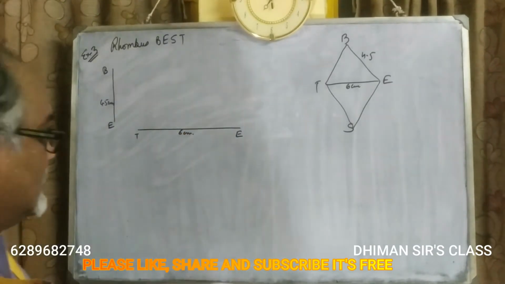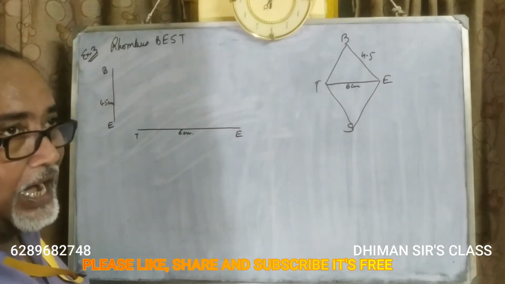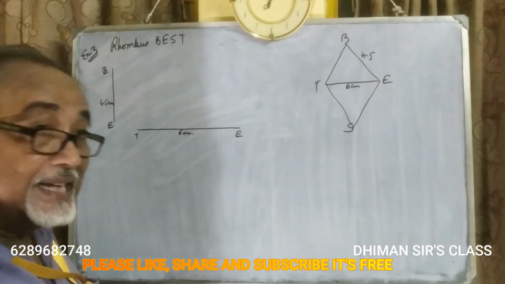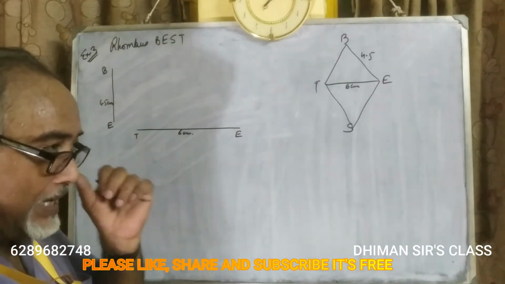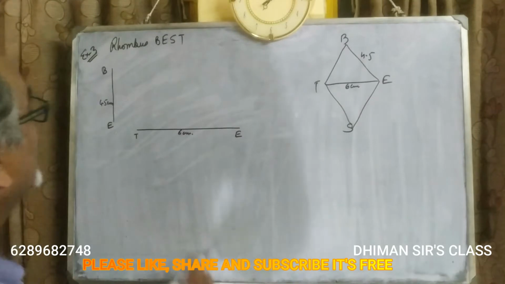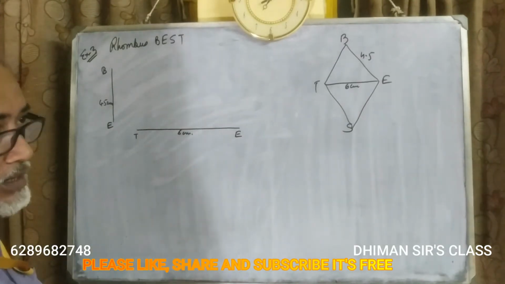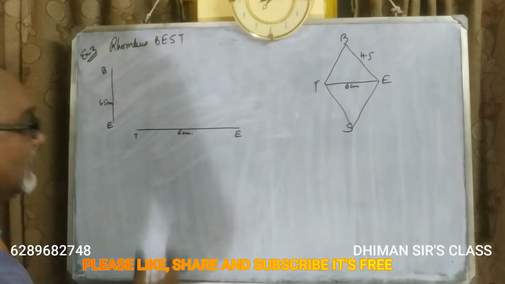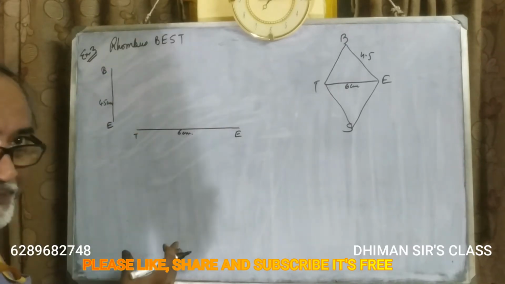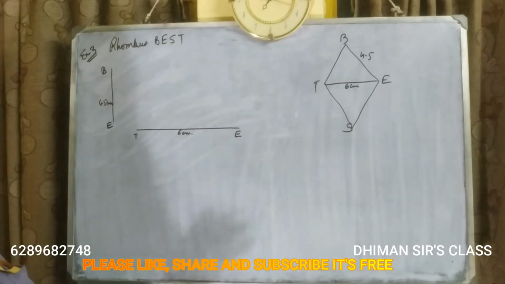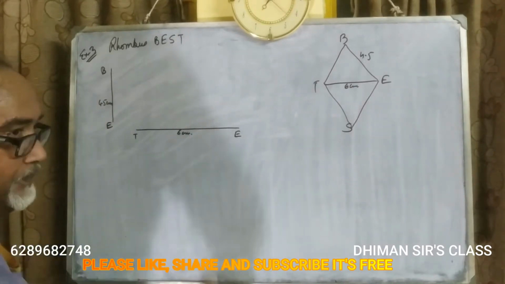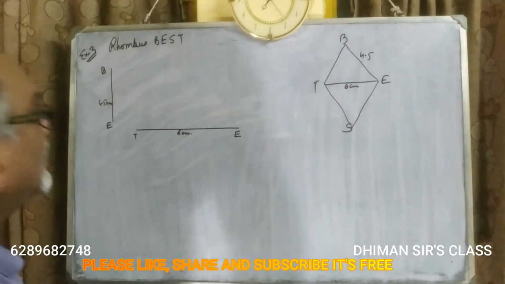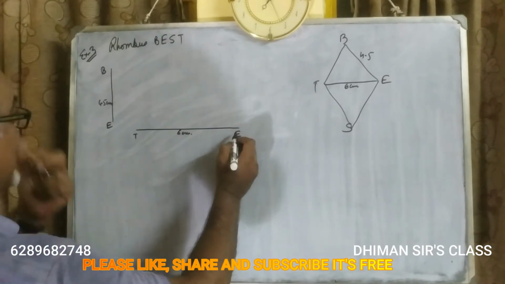Now, as I told just now, the diagonals of a rhombus bisect each other at 90 degrees. So this is a diagonal. Now, this side will be another diagonal. That is not known to us, but this we know that the diagonal will bisect this diagonal from the midpoint. So how to find out a perpendicular bisector?